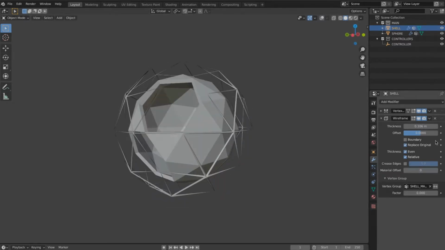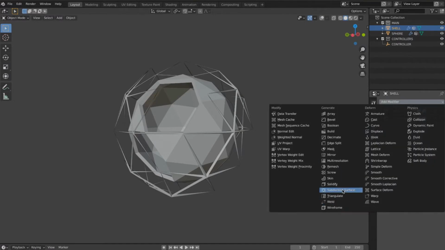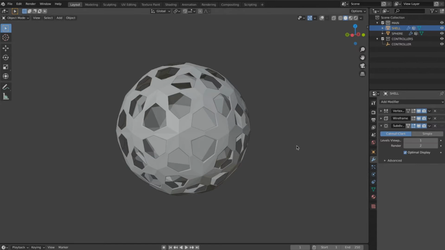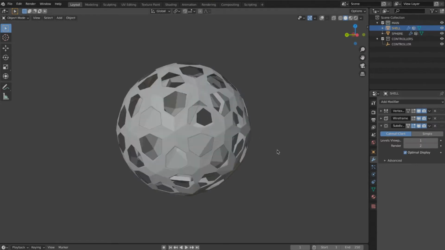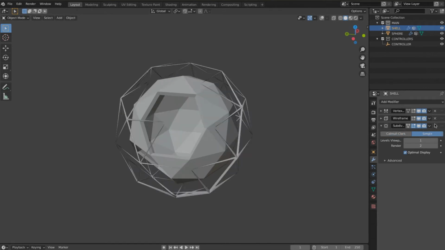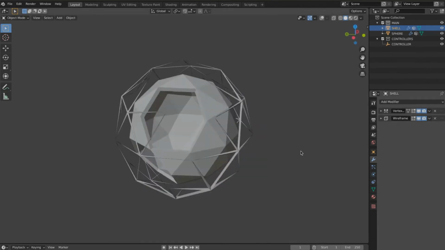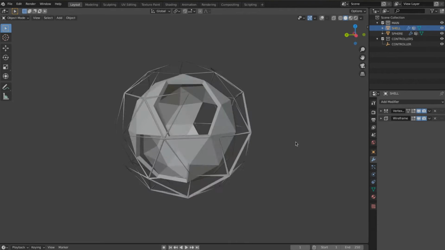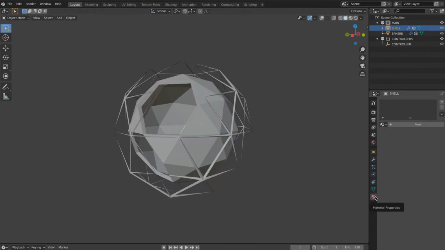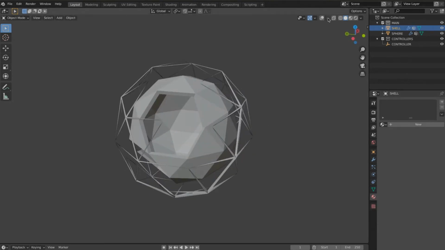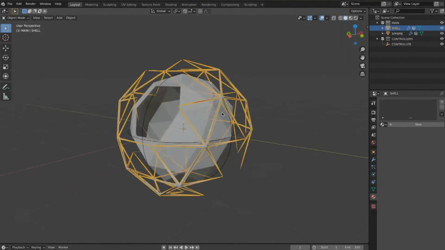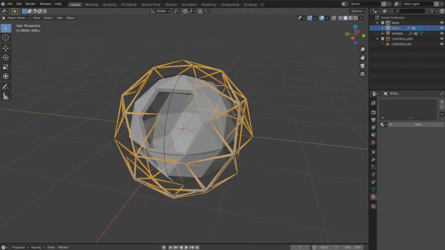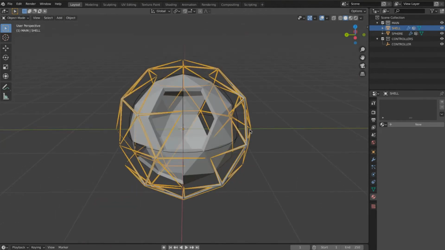You can also try different effects like subdivision surfaces to make it like, I don't know, there was a toy when I was little that was like a plastic bowl with holes and it was filled with water. Yeah, you can create those kinds of effects. Anyway, I tend to rotate my object a lot because I want to see it from all directions and make sure that it works.